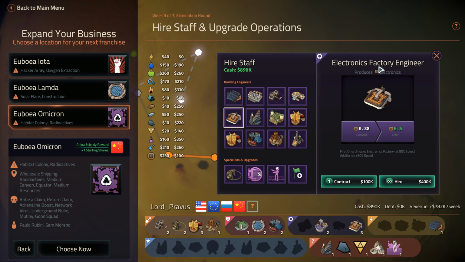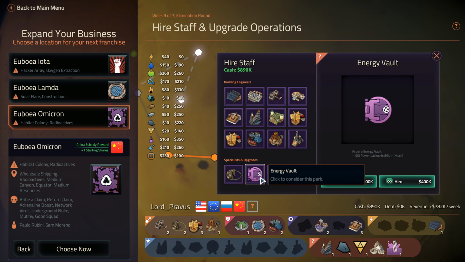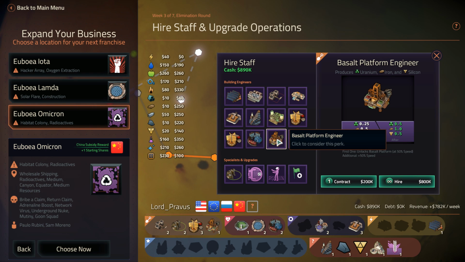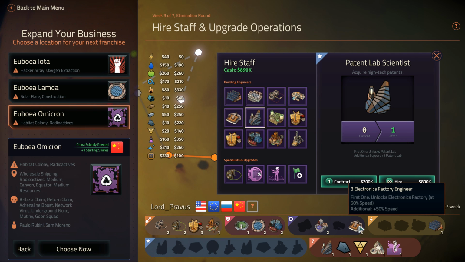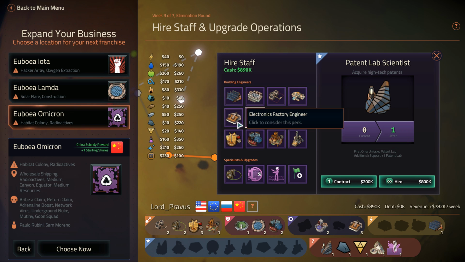This should give you an idea, by the way. The electronics factory actually costs $400, so free elemental quarry, energy vault, virtual reality, return claim, no. Basalt, all right. Water processors, okay. Ion, no. I think we hire the patent lab scientist. And I could fire this guy to get somebody else. Is there anything here that I value more than an electronics factory? The answer is